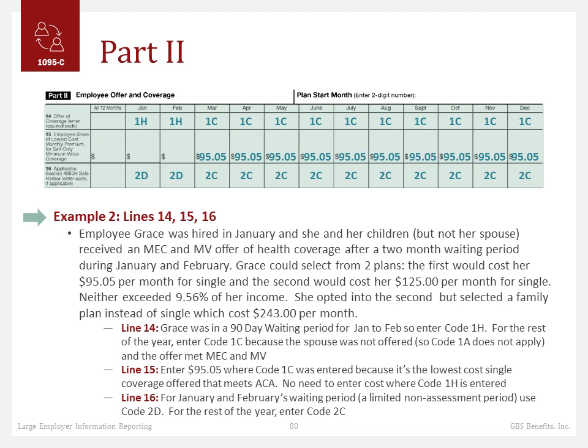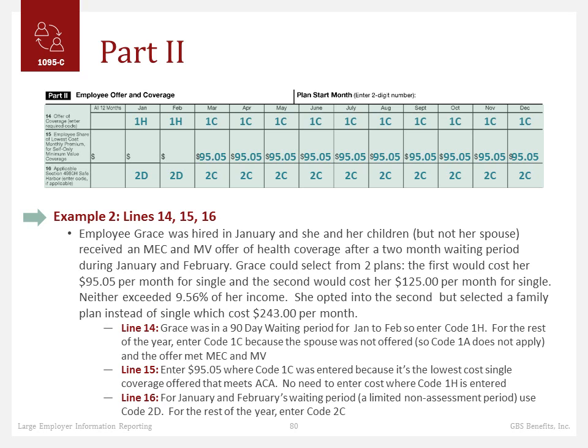Example 2. Grace was hired in January and she and her children, but not her spouse, received a minimum essential coverage and minimum value offer of health coverage after a 2-month waiting period, and that waiting period was January and February. Grace could select from 2 plans. The first would cost her $95.05 per month for single, and the second would cost her $125 per month for single. Neither exceeded